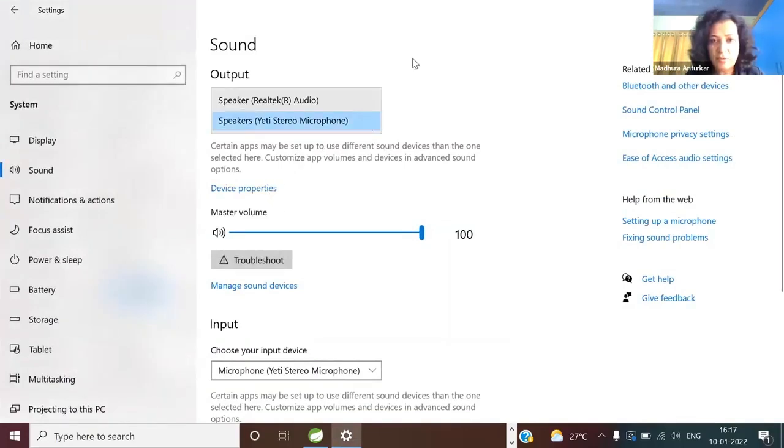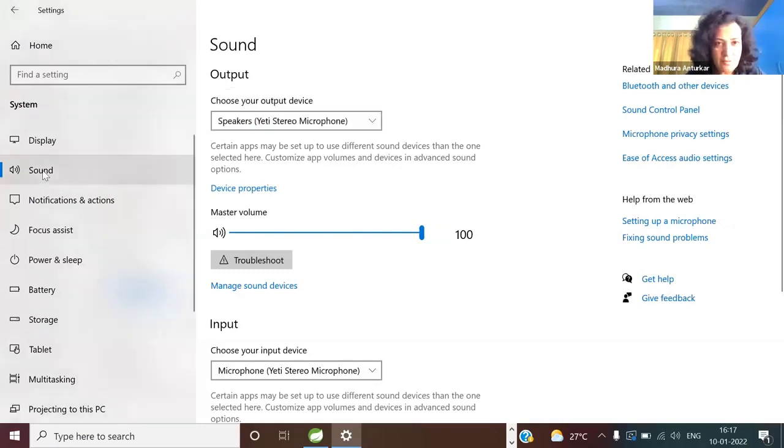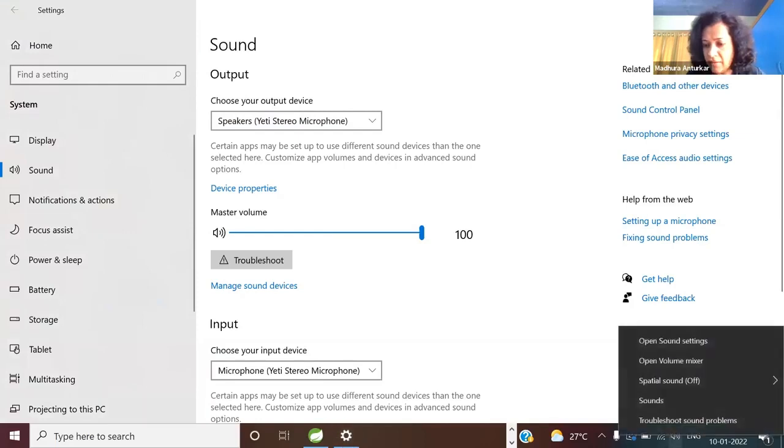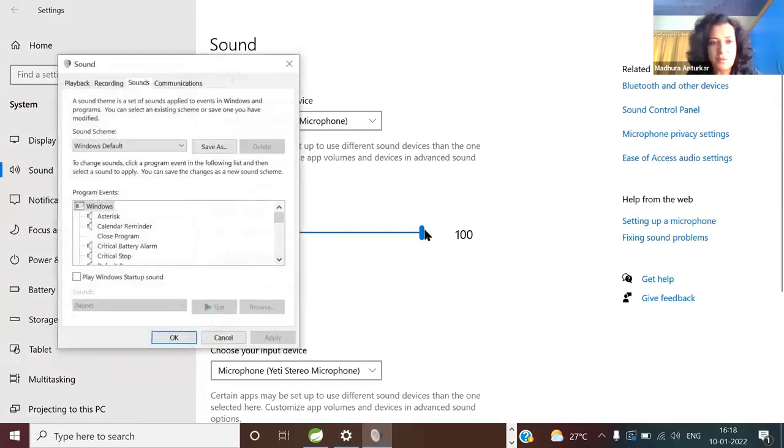Is this because of my new speaker? Where is the last option there? This one, right click on sound, you're saying? Yeah. In the bottom right corner. Yeah, that I did already. So here, okay, sounds. Same thing it comes to? Oh, it is coming to something else. So here, what should I do here?